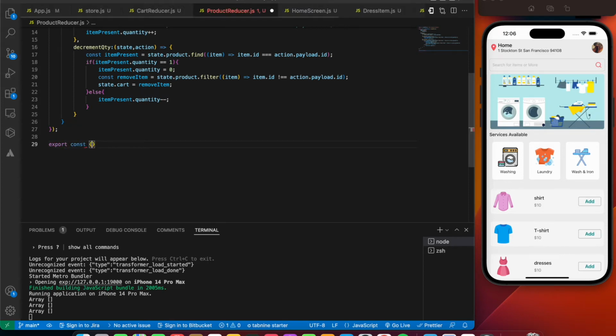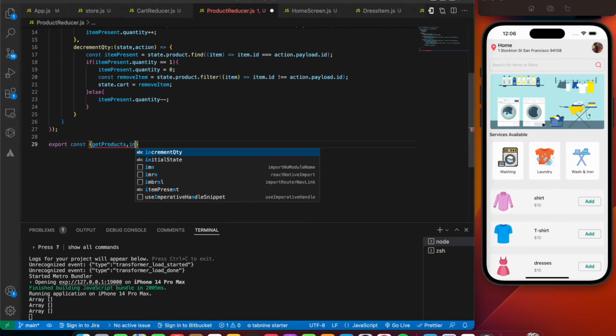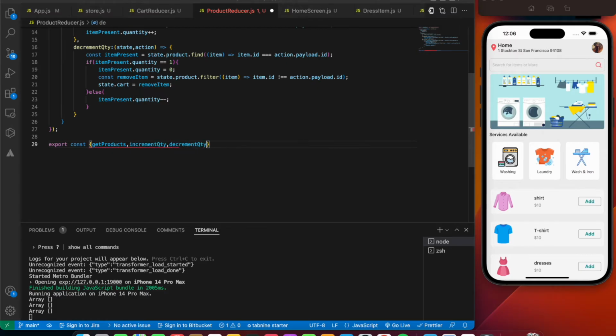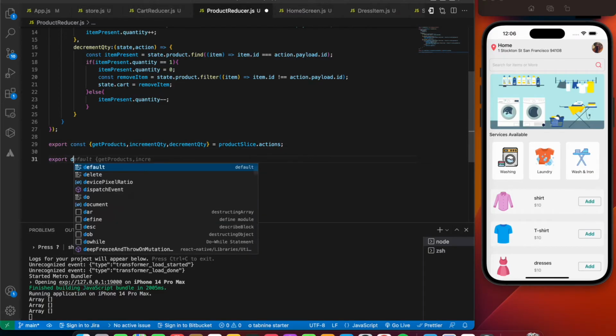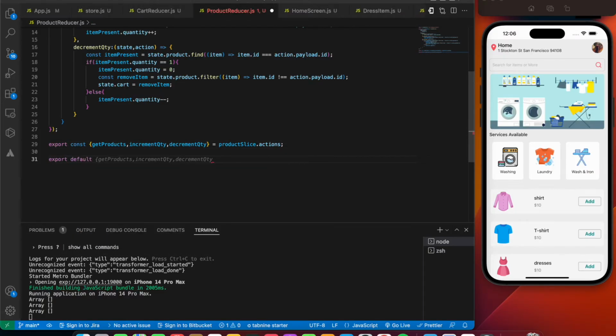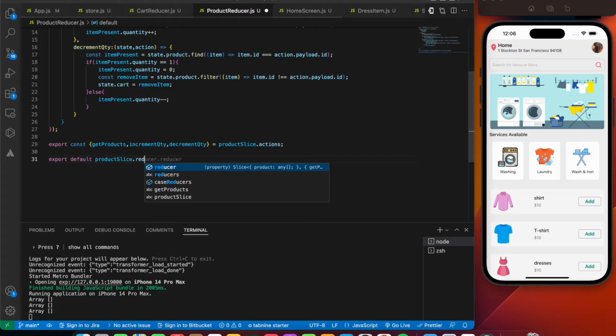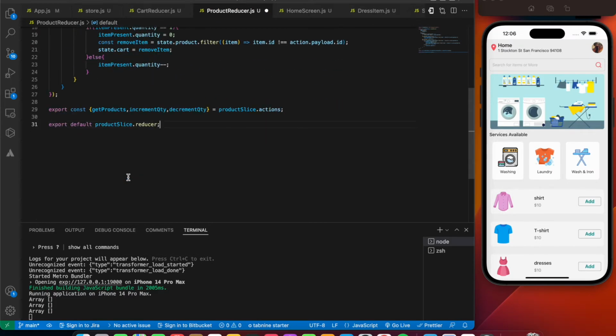So we're going to say export const getProducts, incrementQuantity, decrementQuantity equals productSlice.actions. We're going to export the default reducer. We're going to say export default productSlice.reducer. Okay, let's save the file, and we have created a second reducer, so we need to include that